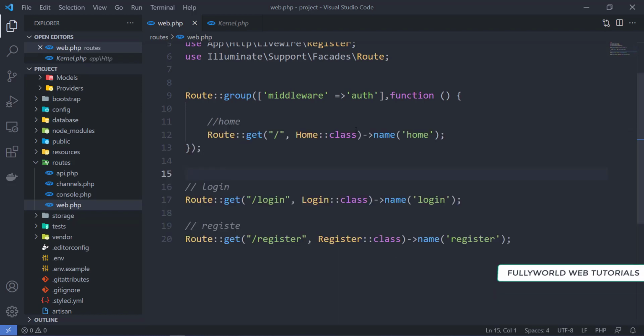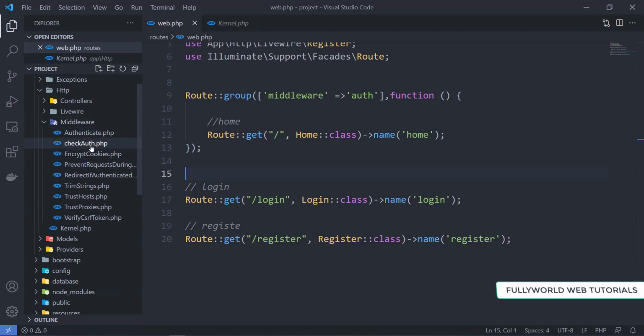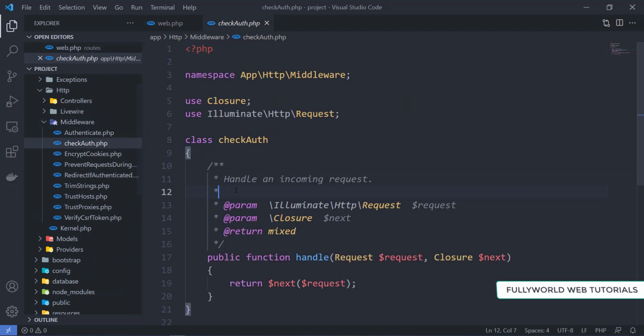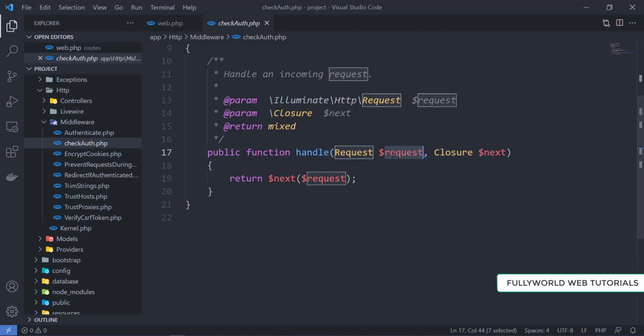Let's close this terminal, and we will go to the middlewares, and here we should get the CheckAuth middleware. Now here there are a few things. First, there is the public function handle. This handle function runs by default, and it is getting the request, so we can take the help of the request here.